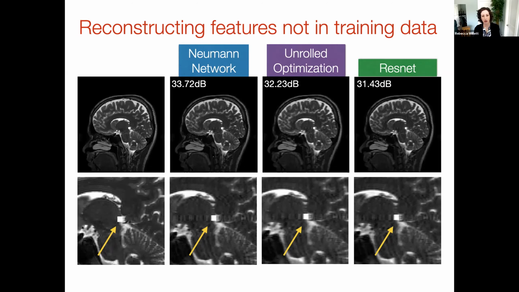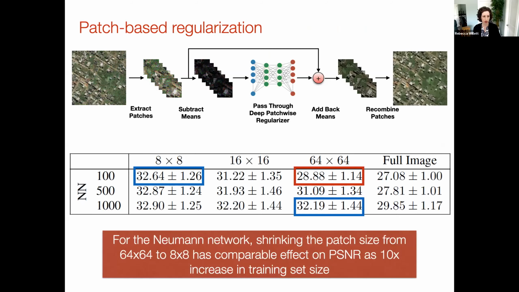And so in this case, we can see that the different methods that I'm comparing here all do identify that kind of weird square-shaped tumor, though they also produce varying levels of artifacts surrounding it. And so again, it's not well understood how to increase robustness to the addition of features that are not well represented by the training set. One approach, though, that I think has promise is exploiting more classical ideas from image processing and image reconstruction based on using image patches.